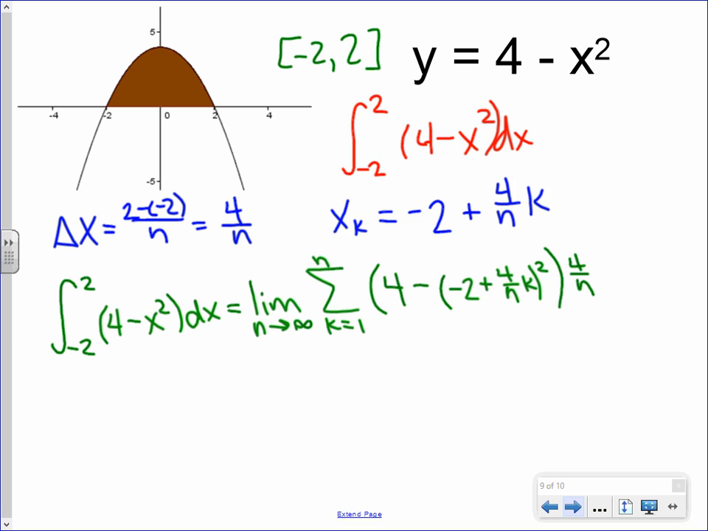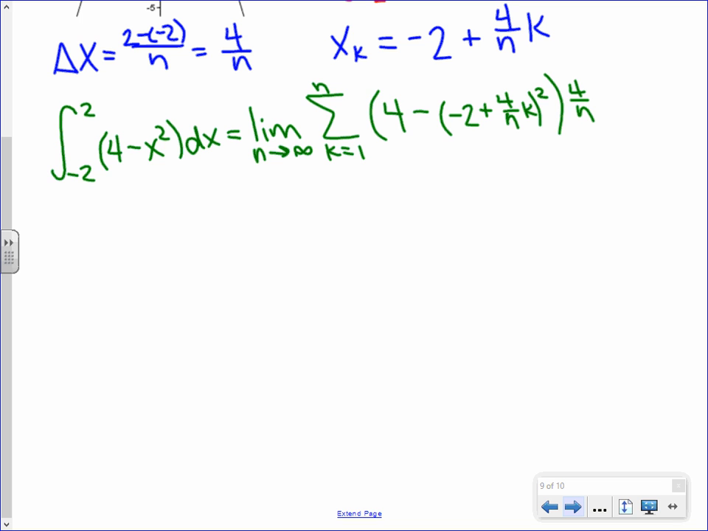Okay, so we have a little bit of work to do before we can even think about doing the sum. All right, and that's fine. Here we go. Please be careful with your algebra. So let's do this. 4 minus, when we square that, 4 minus